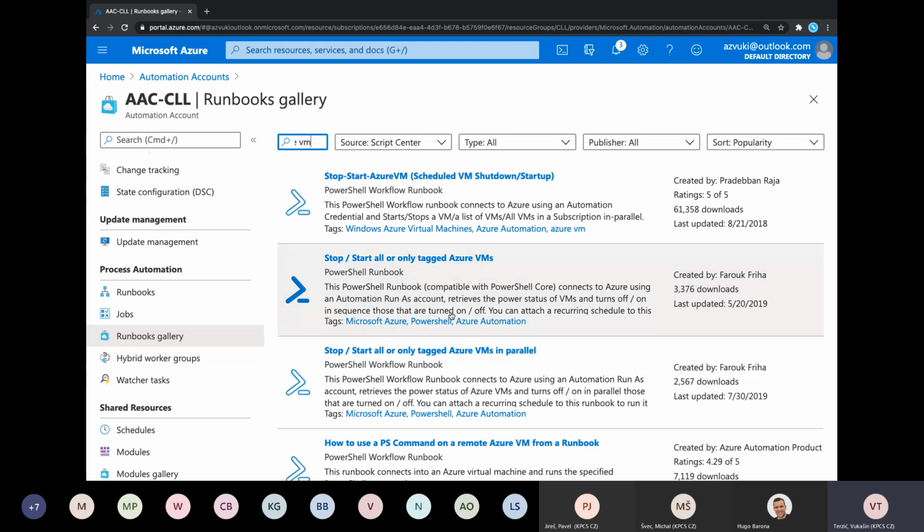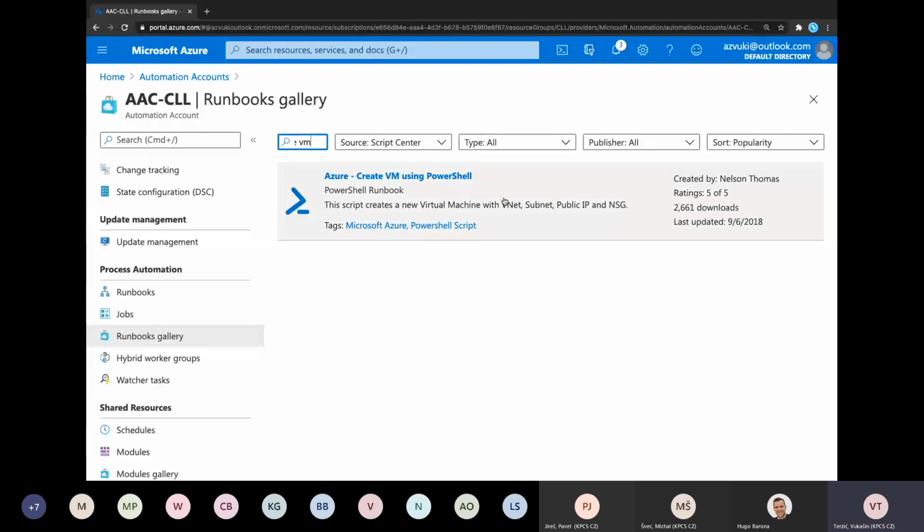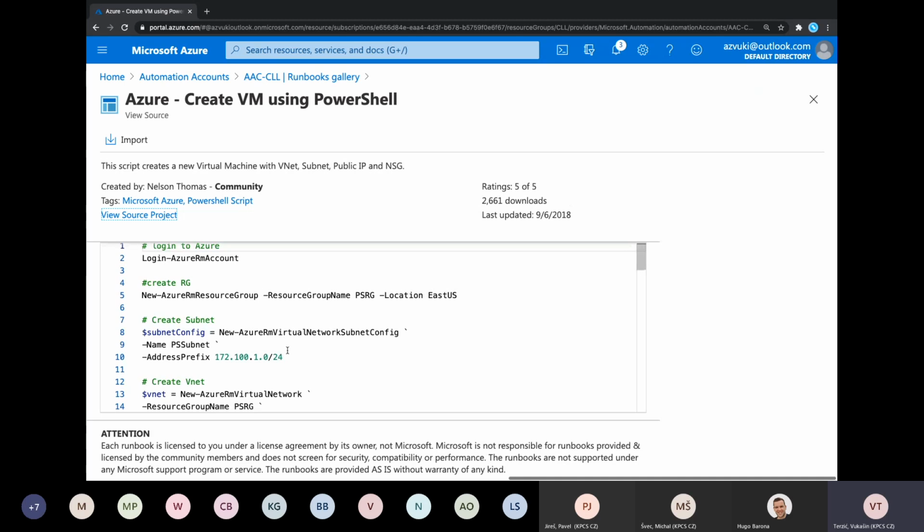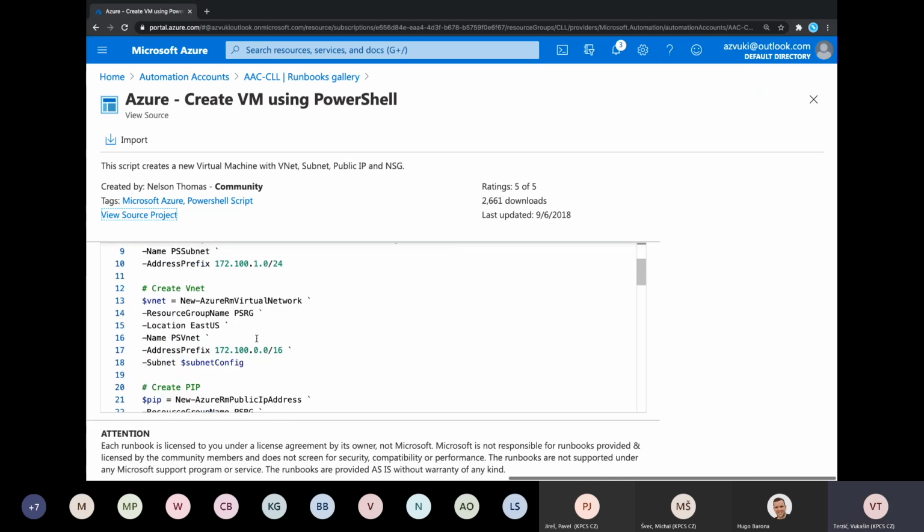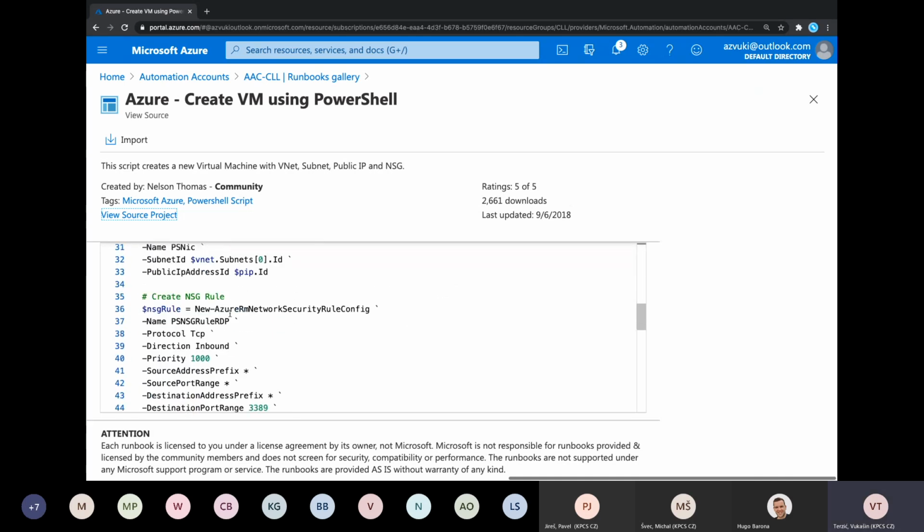Start, stop, maybe I call it create VM. Right. And so there is a script that was last updated in 2018, so that's not good. But we can probably use it to create our virtual machine in Azure. And it will contain those basic PowerShell cmdlets that allow you to create it. Right. So that's there. Notice that it's still using Azure RM